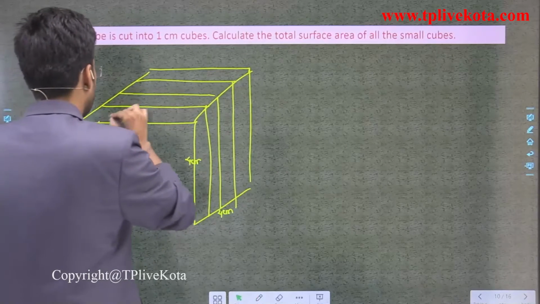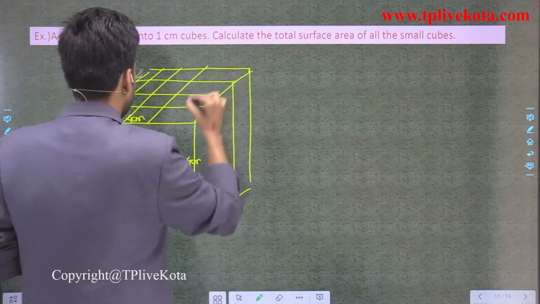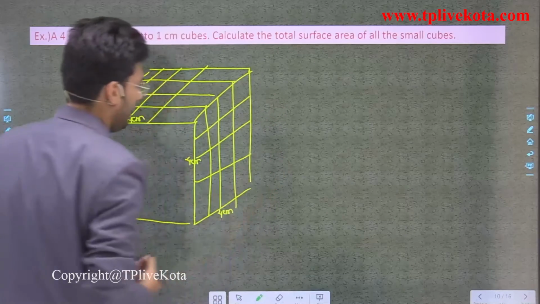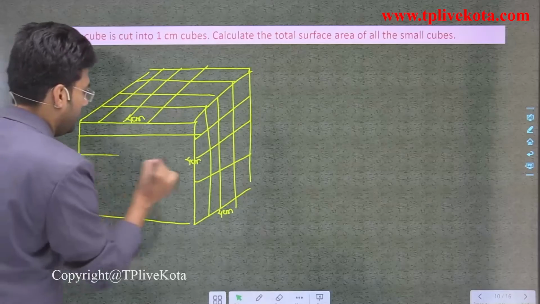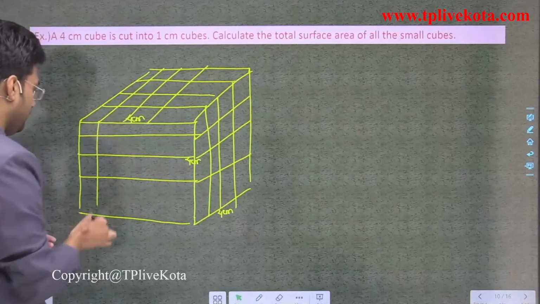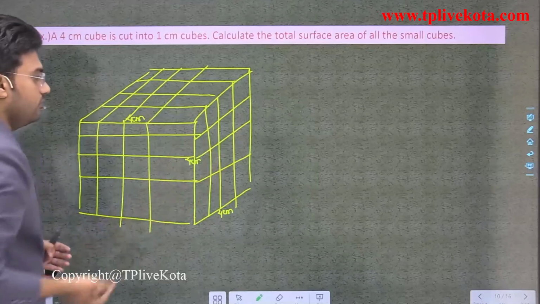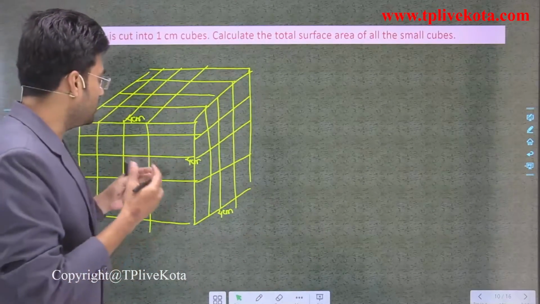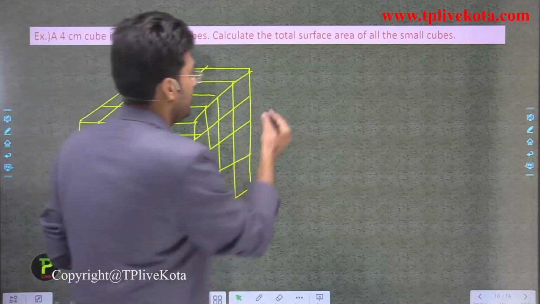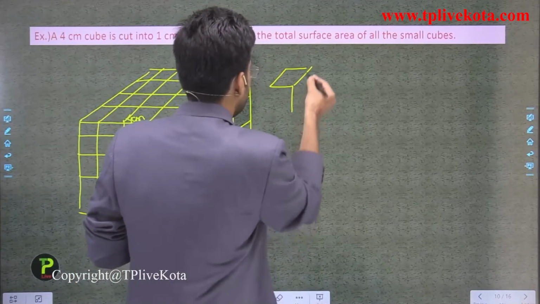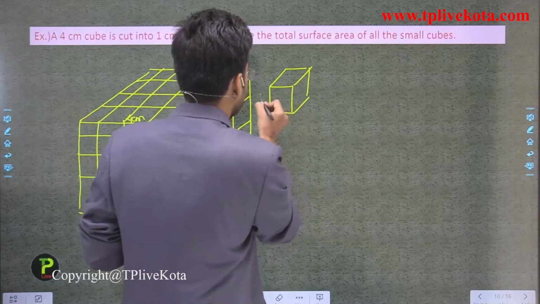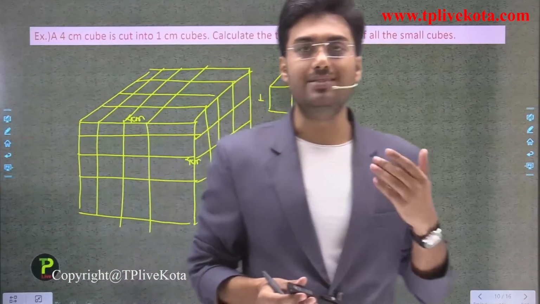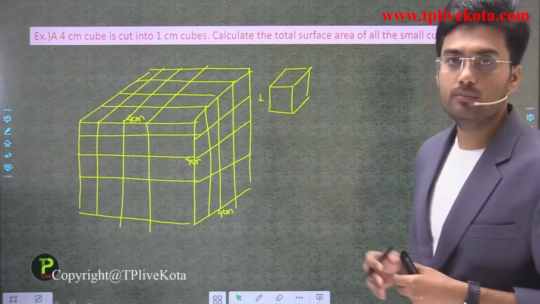Then 1 2 3 and 4, 1 2 3 and 4. Similarly 1 2 3 and 4, 1 2 3 and 4. So this 4 centimeter cube is now divided into small 1 centimeter cubes. For example, this is a 1 centimeter cube. Clear? Now first of all, we have to find how many small 1 centimeter cubes are obtained from this large